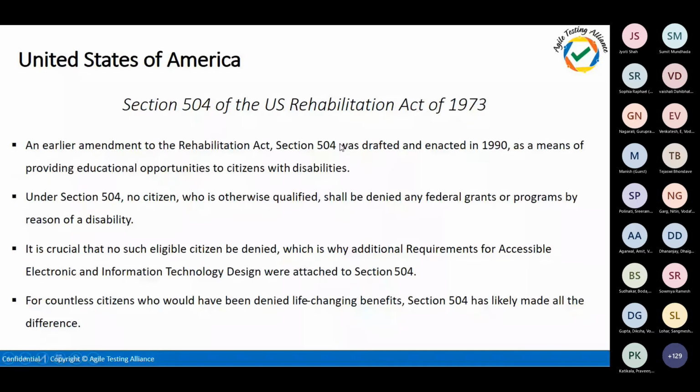The next one is Section 504. This one also talks about the habits and the life-changing things for specially abled persons. We need to make sure we help them, work with them, and give them the right opportunities.